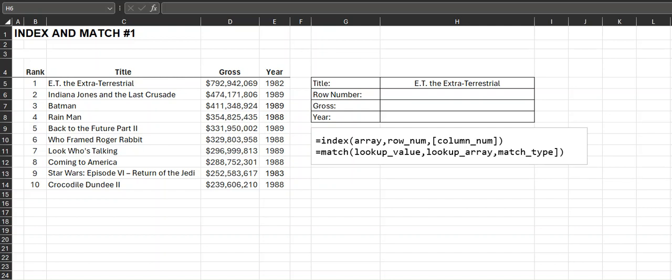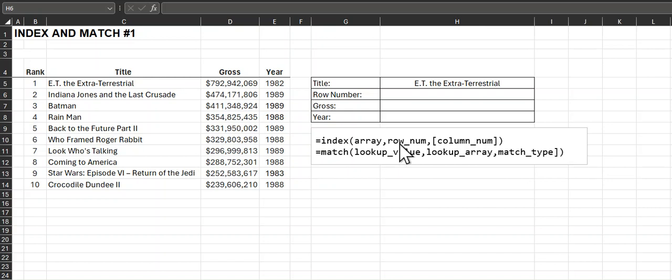In this video, we're going to talk about another type of lookup function called the index/match, and they work kind of hand in hand. The index portion of the function will actually do the displaying of the results. The match is going to be looking for a particular item. So if we just look at the